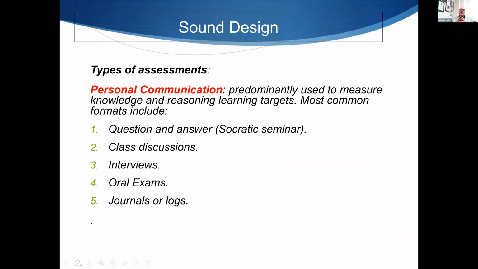So there are other ways of doing this, question and answer. Oral exams are actually personal communication. So if you have a student come up and you assess them orally, that's personal communication. Class discussions, interviews, oral exams. They don't all have to be oral. You can see there's journals and logs. I gave an example where I had the students write a letter to a friend. Personal communication is a valid method for measuring